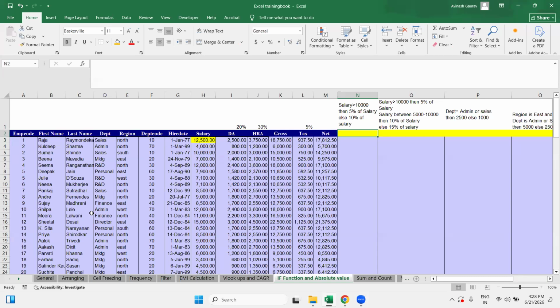Okay, guys. So how can we achieve this? First of all, I will tell you one hack. Let's suppose you are stuck anywhere in Excel or in financial modeling. There is one function in Excel and financial modeling which can help you come out of that situation, and that function is known as the IF function, correct? If you are not able to understand which formula to use,